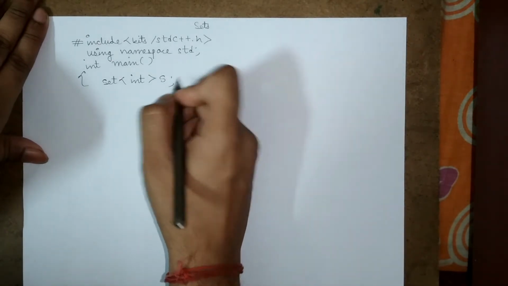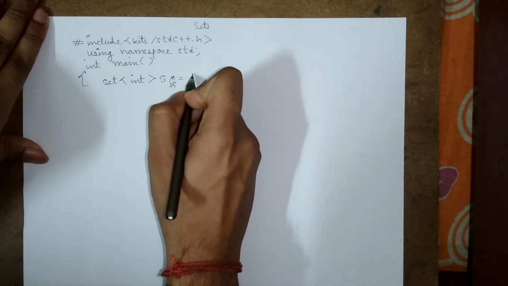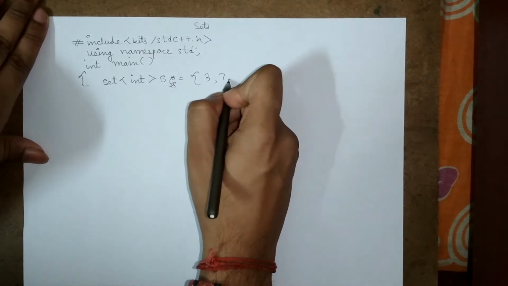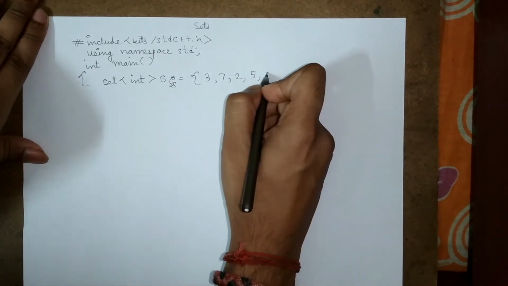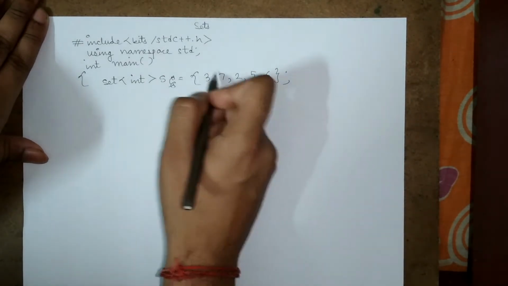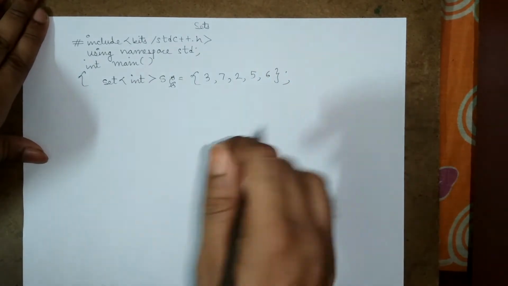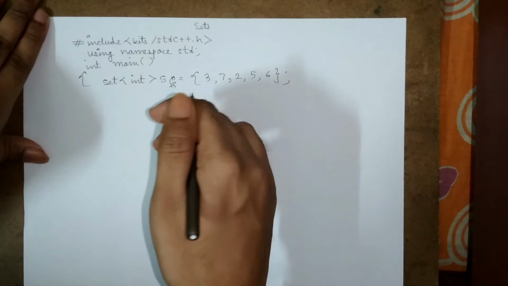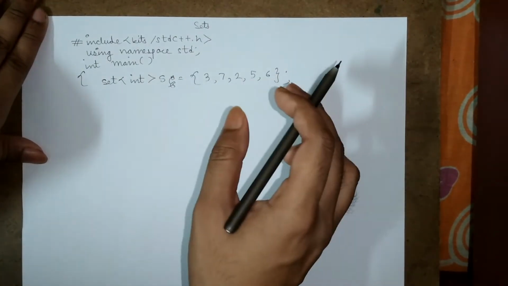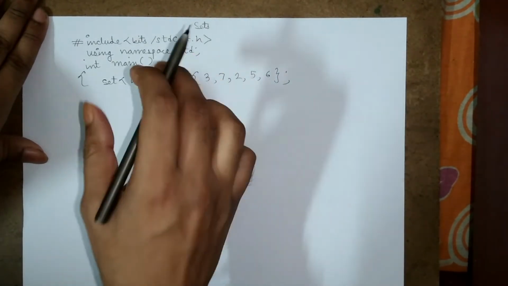Now if you want to put some value, what will I do? This is just the declaration, so to put the values I will remove the semicolon and write in curly braces whatever elements I want to put into my set. I'll write 3, 7, 2, 5, 6, which are five random numbers that I have put inside my set. What is the special property of the set? The property is that as soon as we put the numbers inside the set, they will be arranged in increasing order, in a sorted manner.